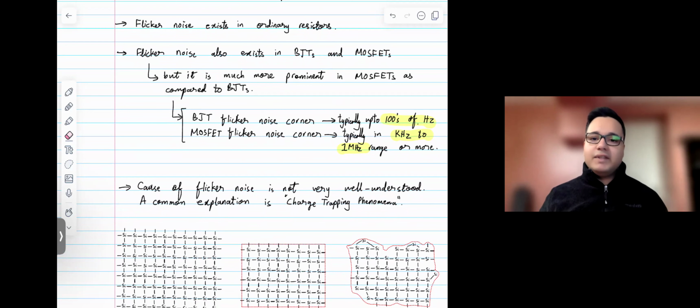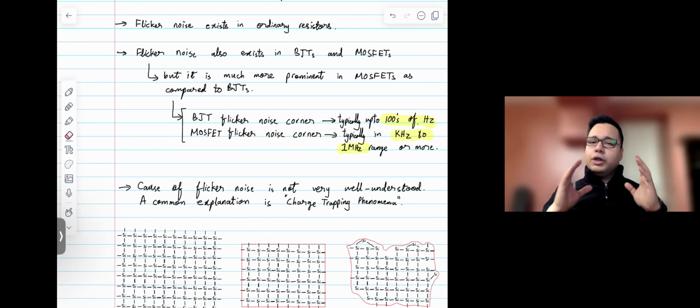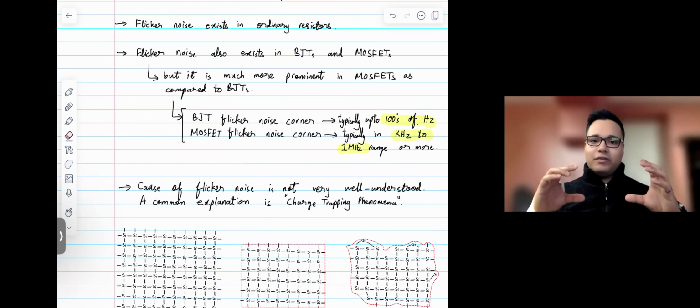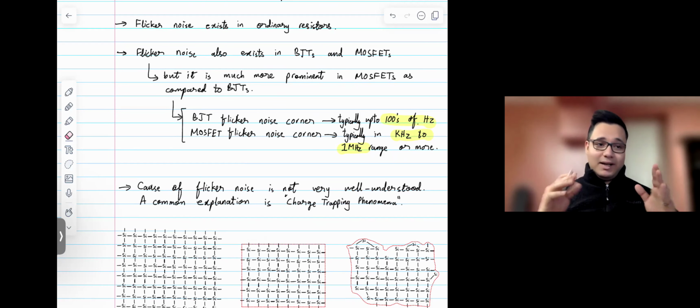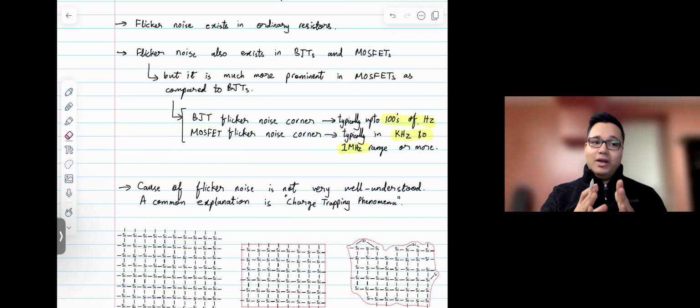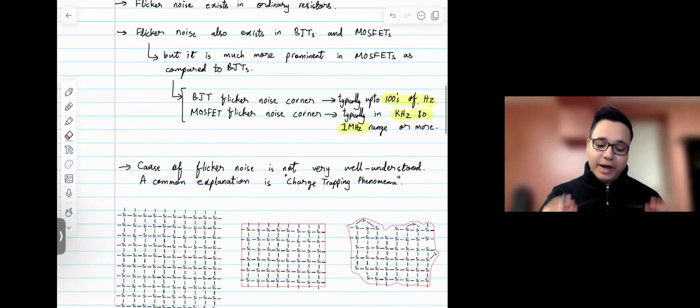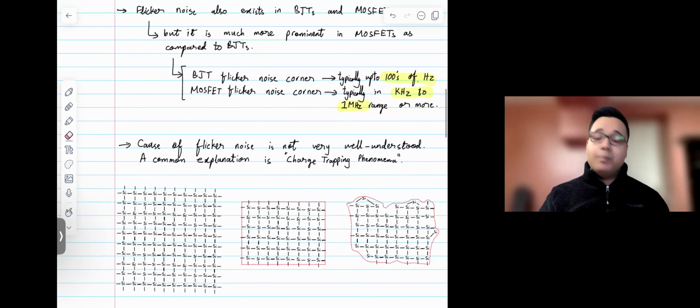But so far, I haven't seen a clear and concise consensus on the cause of flicker noise and the expression for it, where I can plug in numbers and get a very accurate number of nanovolts per root hertz of how much flicker noise I'm going to get at a certain frequency. That sort of stuff I haven't seen so far, but there have been explanations,